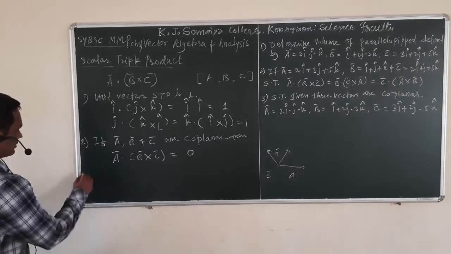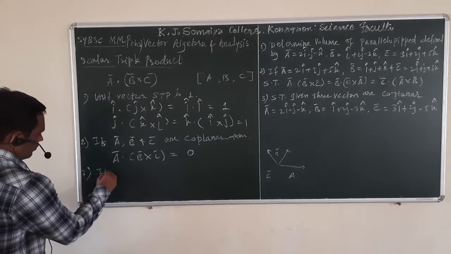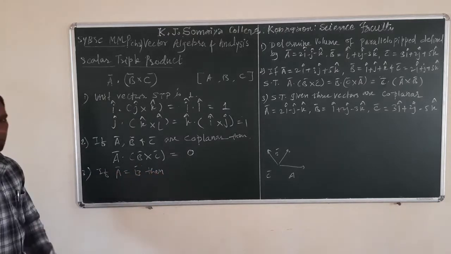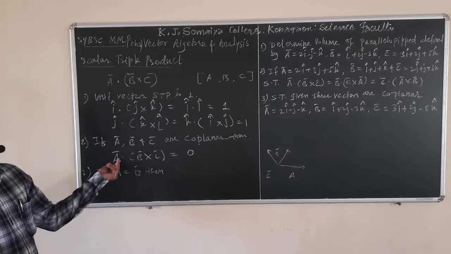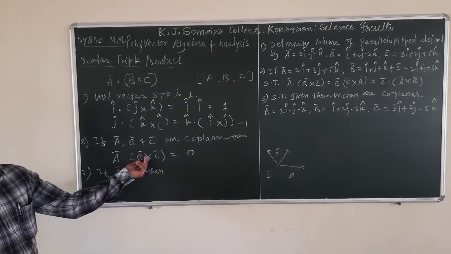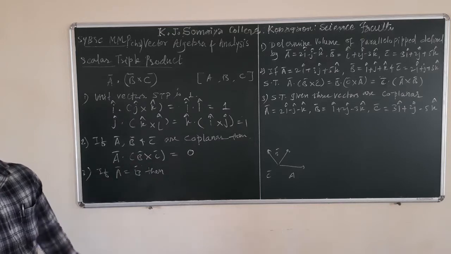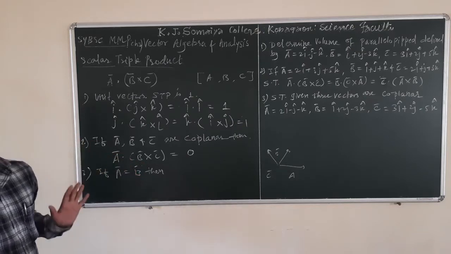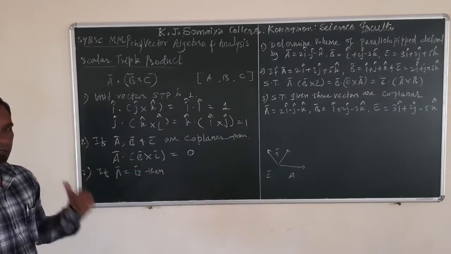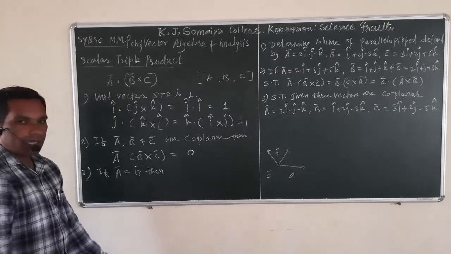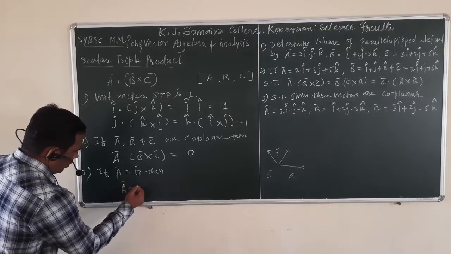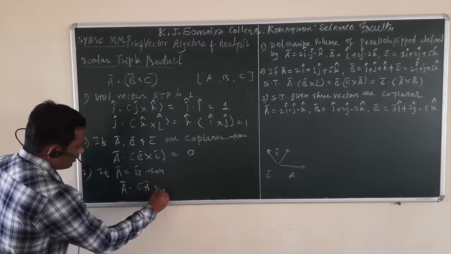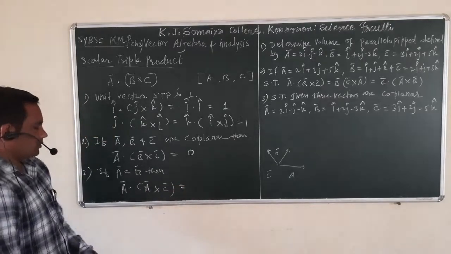Okay. Next property: if vector A is equal to vector B, which means we have one vector identical to another vector, and we have to find the scalar triple product. Out of these three vectors, any two vectors are identical. Then what will be their scalar triple product? So how to find that? Again, A dotted with, instead of B we have vector A, C is equal to, now see,